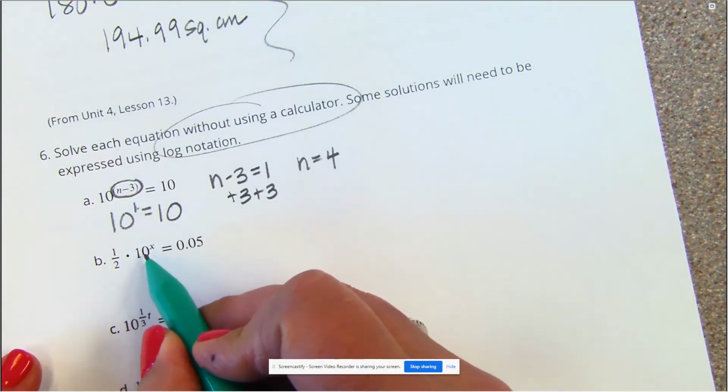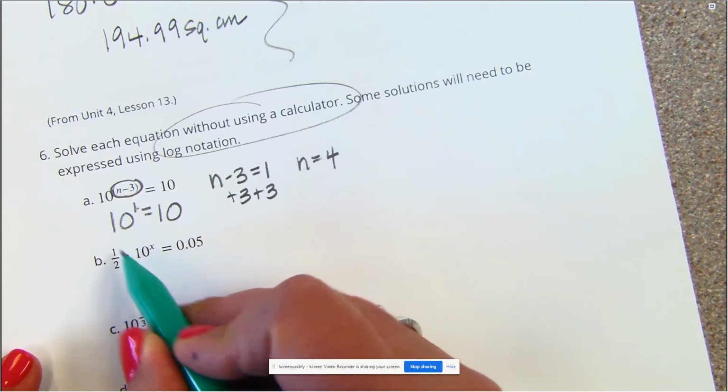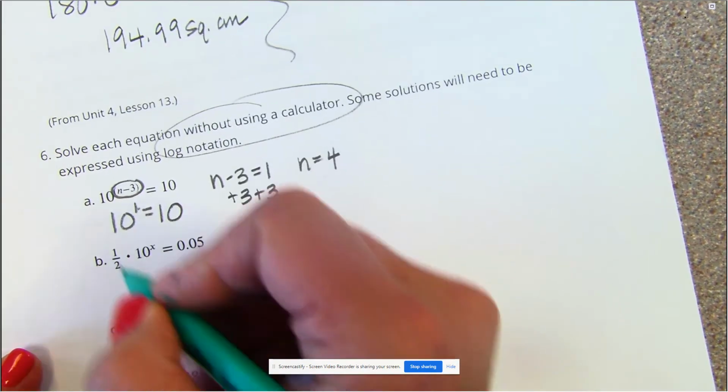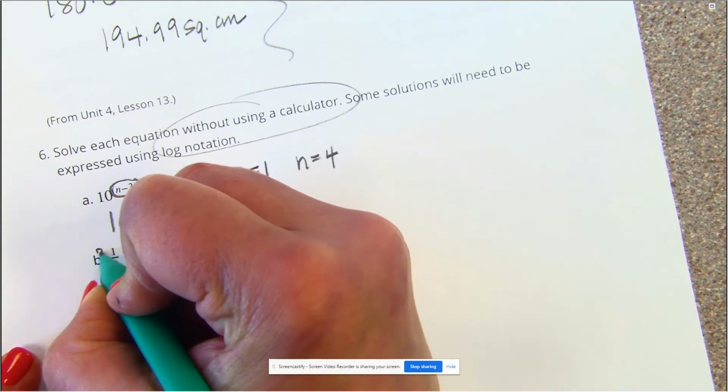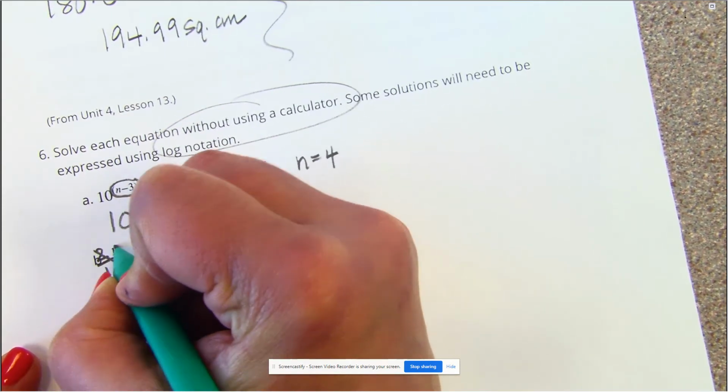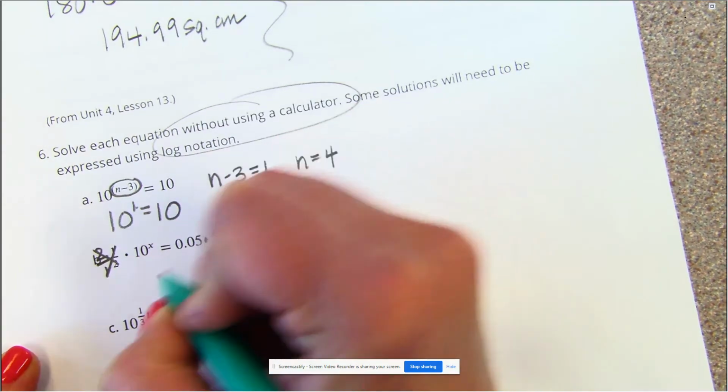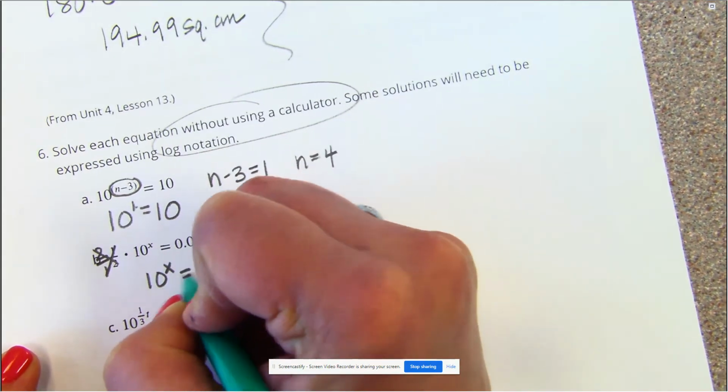I'd like this to be written where it's just a power of 10 without this. So I'm going to get rid of this multiply by 1/2, I'm going to multiply by the reciprocal. That's the way I get rid of fractions. Right, 10 to the x equals